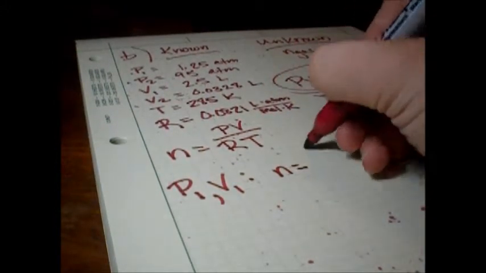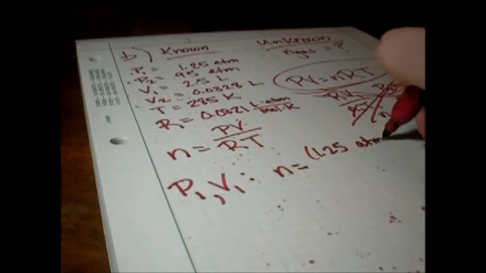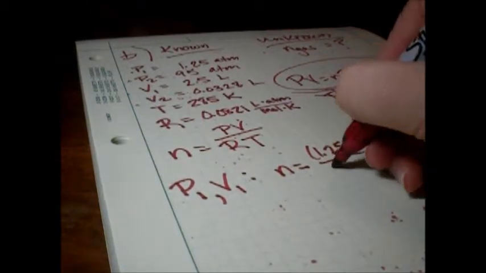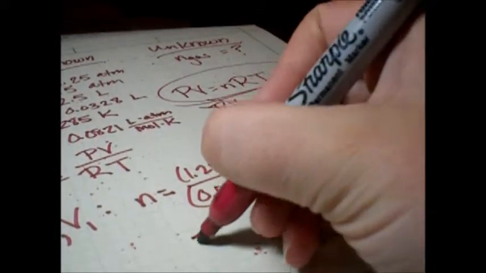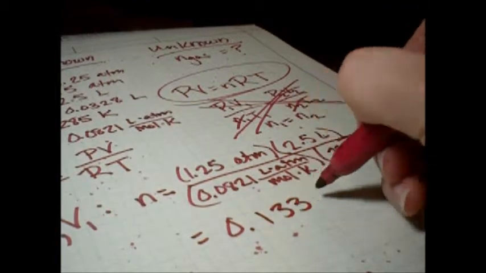So N equals P1 is 1.25 atmospheres, V1 is 2.5 liters, over R is 0.0821 liter atmosphere per mole Kelvin, and T is 285 Kelvin. That's a constant. When we do 1.25 times 2.5 over 0.0821 over 285, we end up with 0.1336